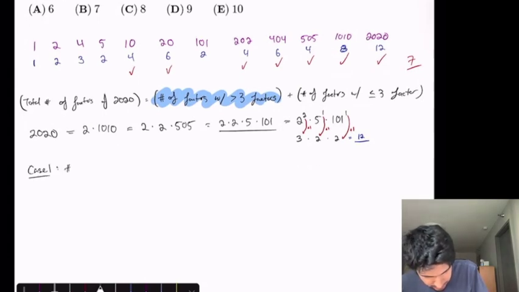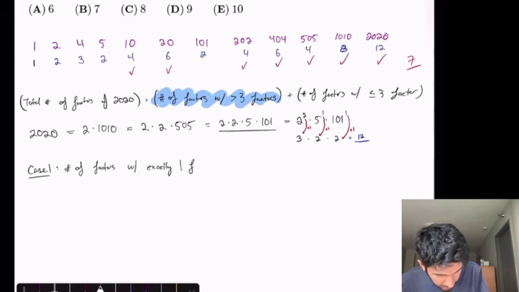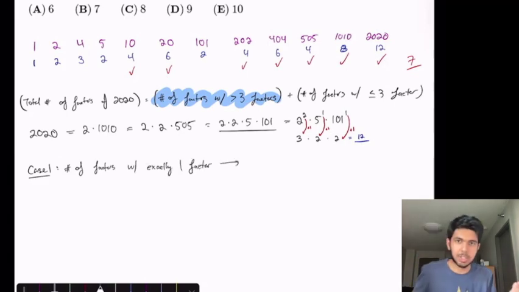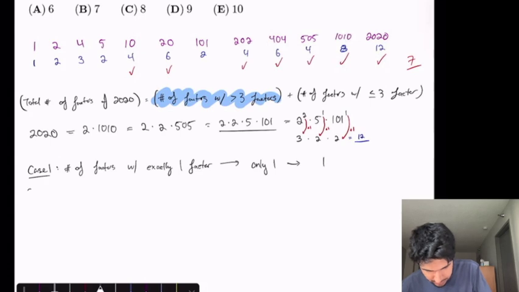Number of factors with exactly 1 factor. And notice that we're not starting at 0 factors because there aren't any numbers with 0 factors. Okay, so which numbers have exactly 1 factor? The only number with exactly 1 factor is 1. And indeed, 1 is a factor of 2020, so this case contributes 1 value to our total. Nice. Case 2. Number of factors